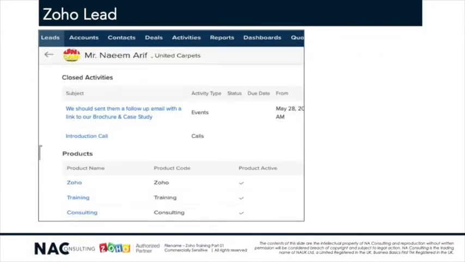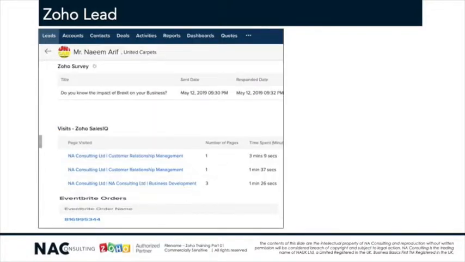If we've set up some activities, maybe we've talked about planning some follow-ups with them, set up meetings, maybe some emails and things like this. We also identify which products they might be interested in, and all these things we can capture within the lead. Maybe we sent them some feedback surveys, or maybe we sent them something to review and get an understanding of what their problems are. We can also see on this screen whenever they visited our website and had a web chat. So we've got a SalesIQ tracking history there, and at the bottom there you can see the Eventbrite orders. So if this lead has booked onto an event we've run, or a course, or a webinar, all of that gets tracked within the lead